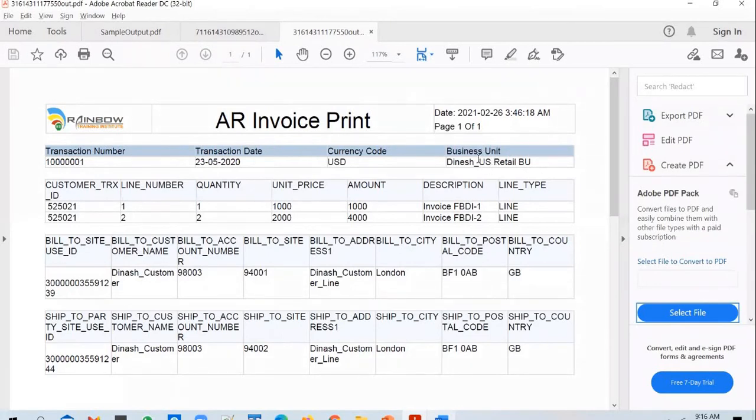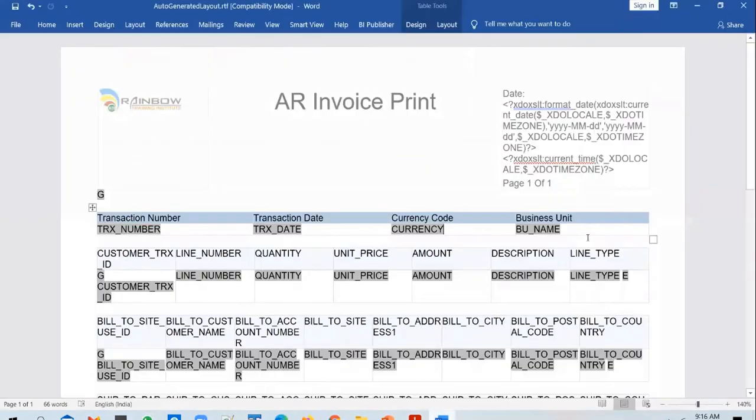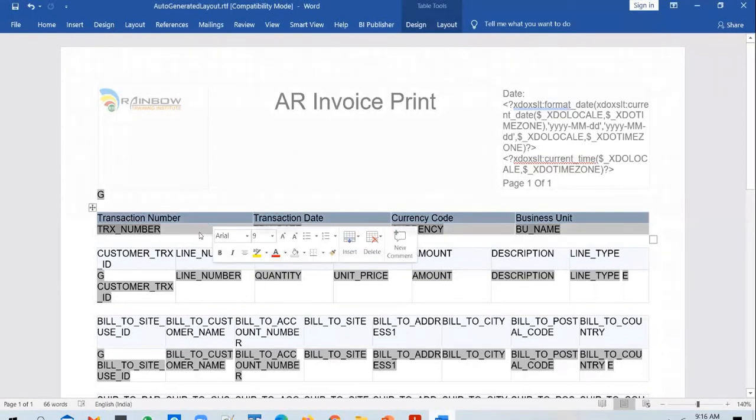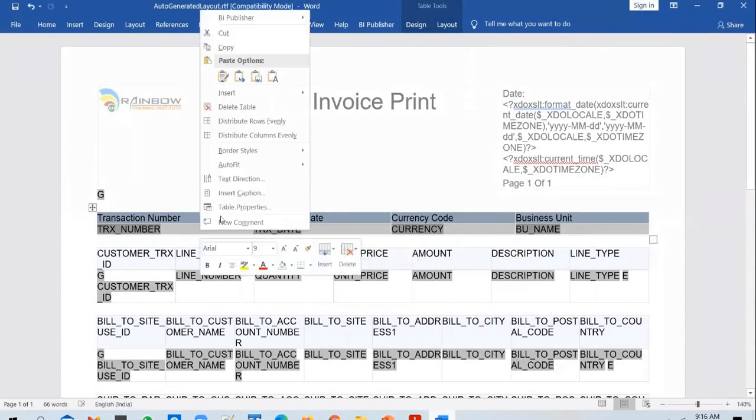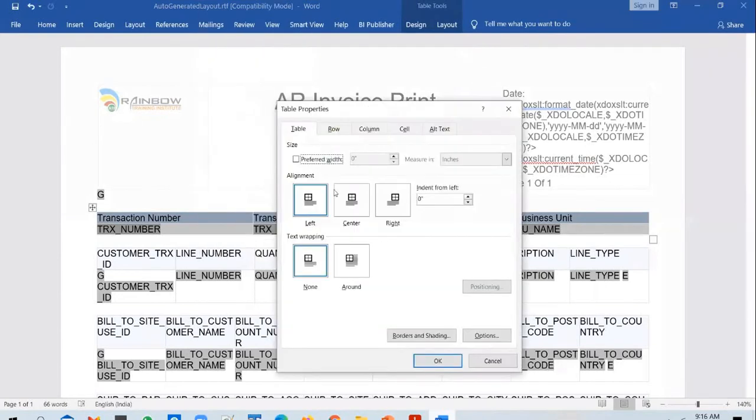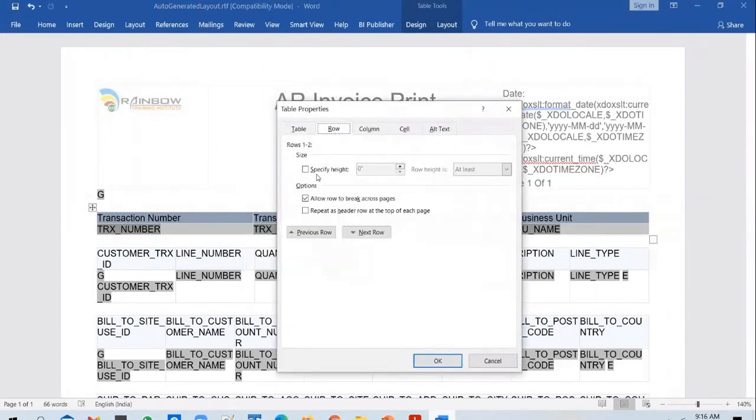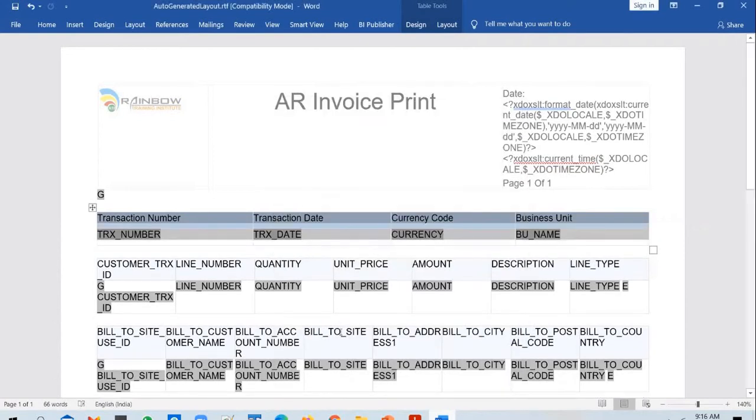But if you look at the table size, the row width is small, and the lines are getting jammed against the start line and the end line, right? So what we do is we set a specific height for each row of the table. You select the table, right click, go to table properties, and go to row and specify the height. So it's a height, not the width. You say 0.22 and you say exactly, or you say 0.2 or 0.3. You keep trying out the options and see what works best for you.